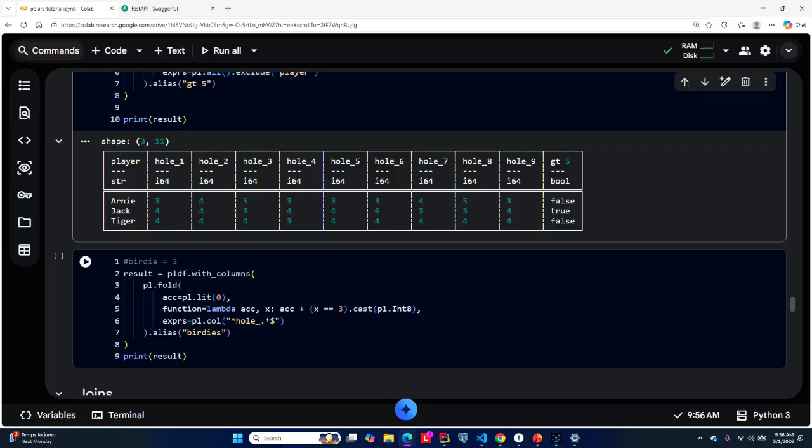We can count birdies. A birdie on this course would be a 3. For all you non-golfers, a birdie is 1 less than the par score for the hole. So result equals pl df dot with columns pl dot fold. We're going to start our accumulator again at 0. We're going to use lambda accumulator, x. We're only going to add any holes